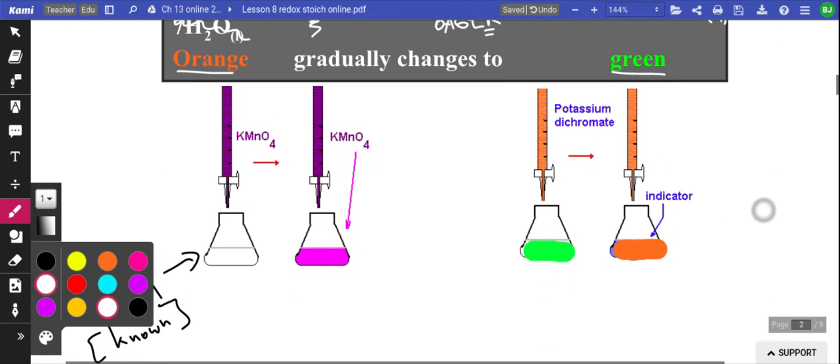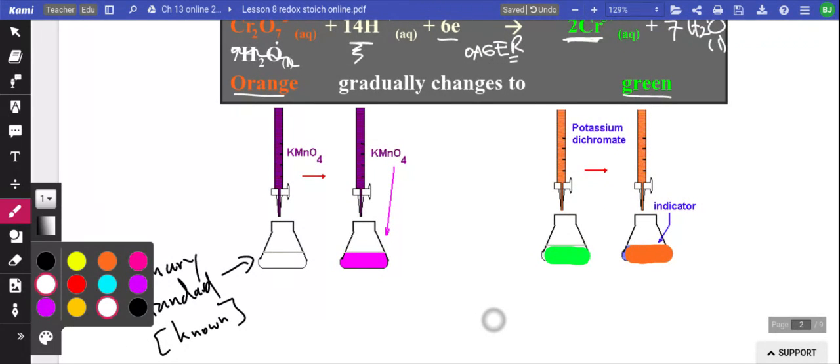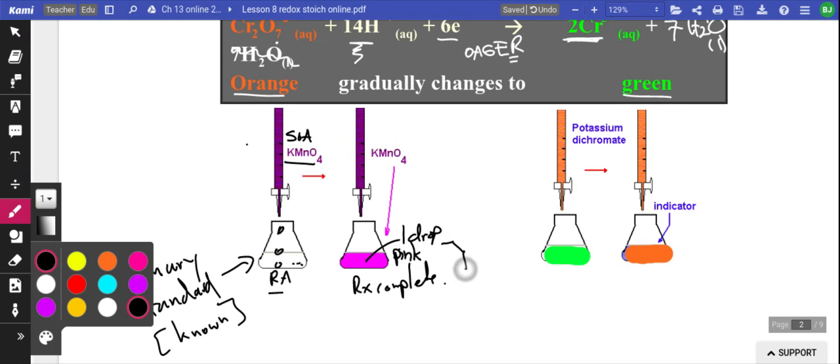So what would these look like in the lab? Okay, well, in the lab, you would have your reducing agent in your Erlenmeyer flask, and you would have your strong oxidizing agent in the burette, in this case the purple permanganate, and you would add it drop by drop. It would react with the reducing agent and turn colorless. It would stay colorless until the reaction is complete. And when it's complete, you'll add one more drop, and that drop of purple will dilute in the water and make pink. And as soon as you see pink,